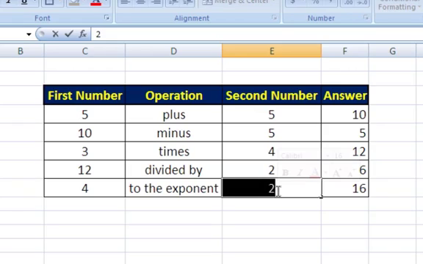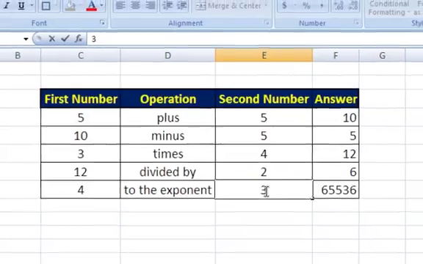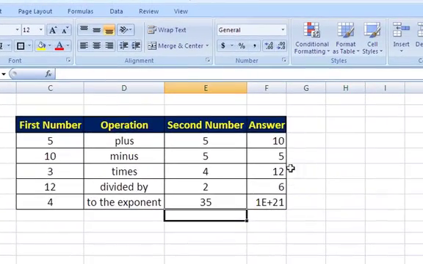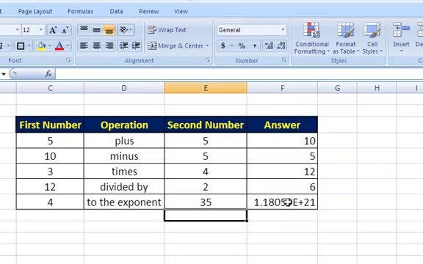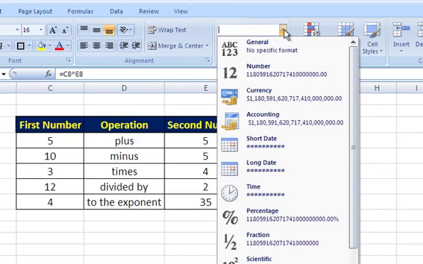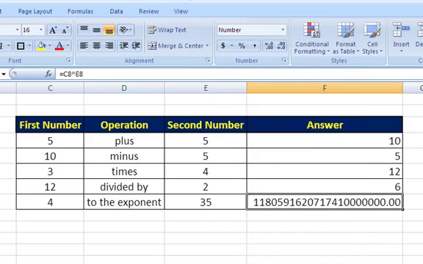Now, one thing that you might find, if I put in 4 to the exponent of 8 here, okay, gives me a large number. What you're going to see if I put in a very large number, like I'll put in 35, okay, you sometimes get something strange like that, and I can change the number so that it is, there's your answer. All right, so that's the basic operations for Excel. So now you can continue on with